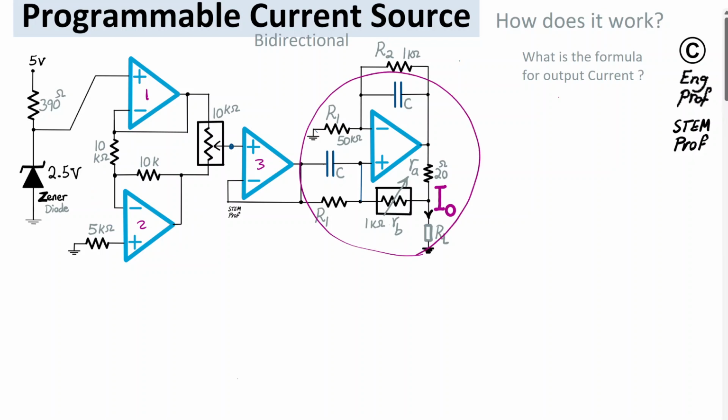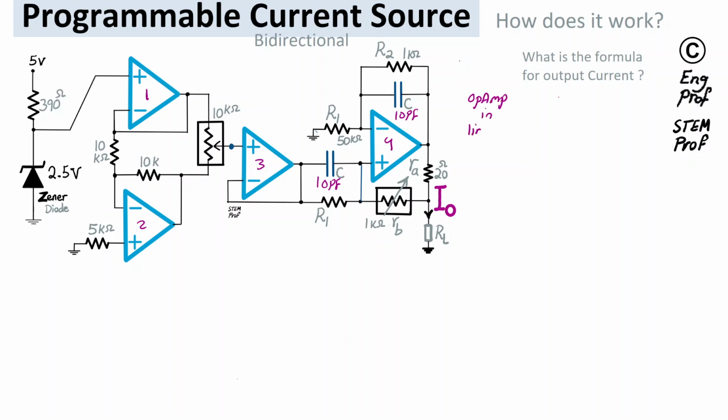For the fourth op-amp, we have both positive and negative feedback in the circuit, but the negative feedback is dominant, and the two 10 picofarad caps that are placed are just for stabilization in the circuit, making sure that the negative feedback is dominant. So in summary, op-amps are enforced in linear region of operation. They're not saturated. As a result, we can say